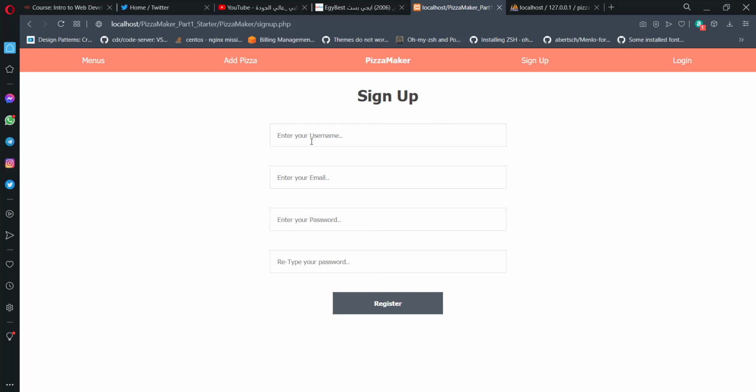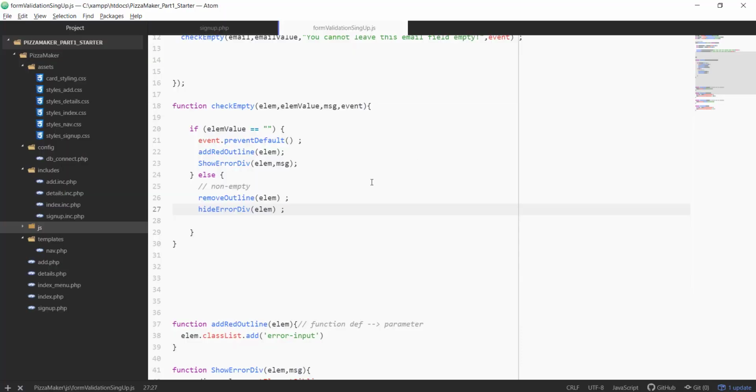Okay, but whenever it comes to checking a value in the database, this is where the back end starts to kick in, right? So this is where PHP needs to be used. All right, so how can we make JavaScript and PHP work in conjunction? Well, remember what we have done in the